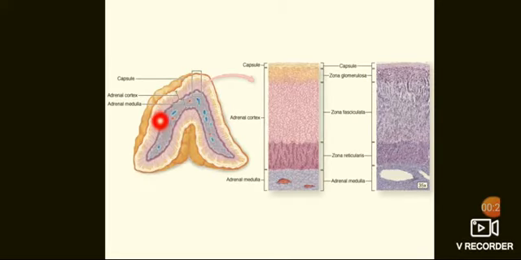Coming to the adrenal gland, each adrenal gland is situated on the superior pole of the respective kidney, embedded in the perirenal fat. The adrenal gland has an outer capsule which sends septa inside the gland. The parenchyma of the adrenal gland is organized into two zones. The outer zone is the adrenal cortex, which forms 90% of the gland, while the inner is known as the adrenal medulla, which forms 10% of the gland.